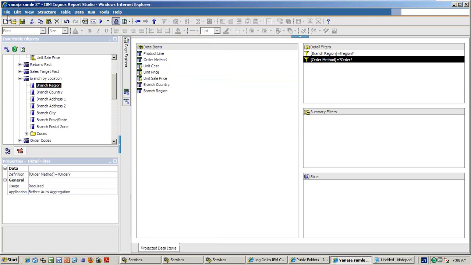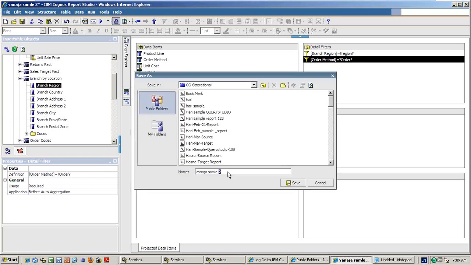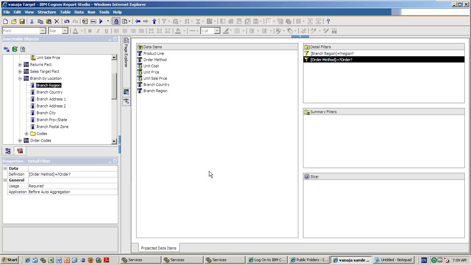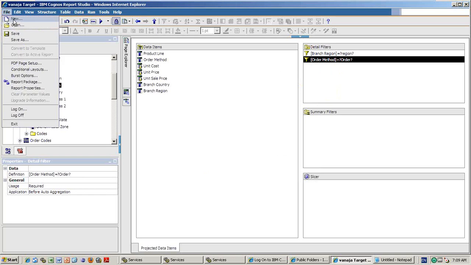Save it as Vanaja sample target report. I'm done. Instead of sample 2, target. Done. Now the same thing, you create new.